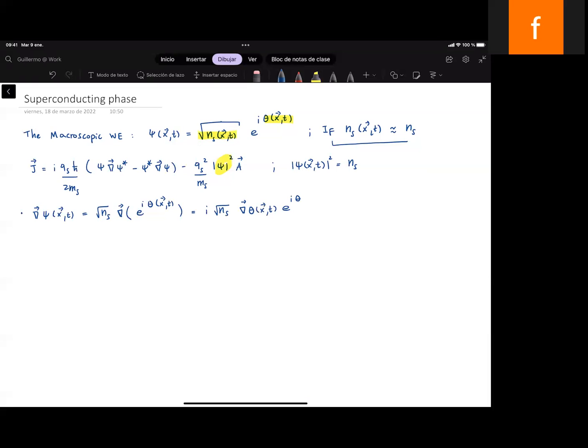So we can put together this term times this term, which is again the wave function. So we have i, the gradient of the phase, times psi of x comma t. Of course, then it is clear that if we take the previous equation and we take the complex conjugate,